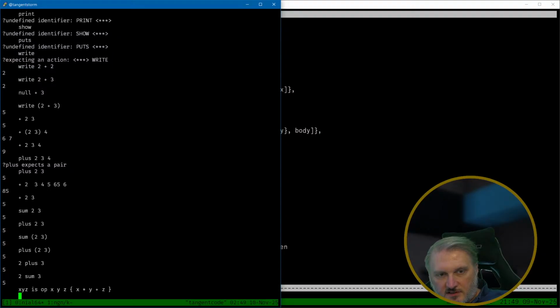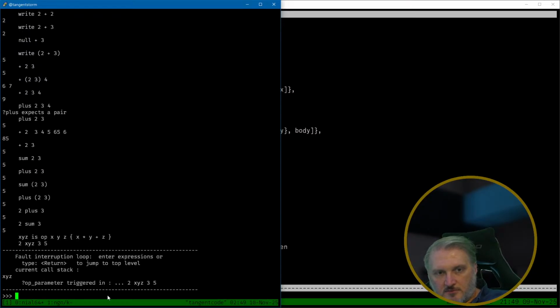And then if we say 2xyz 3, 5, I would expect x to be 2, y to be 3, and z to be 5. That would be, going left to right, 6 plus 5 is 11. But instead,